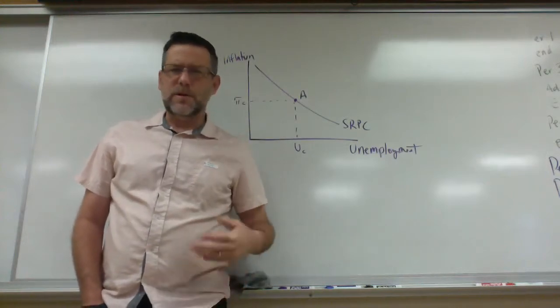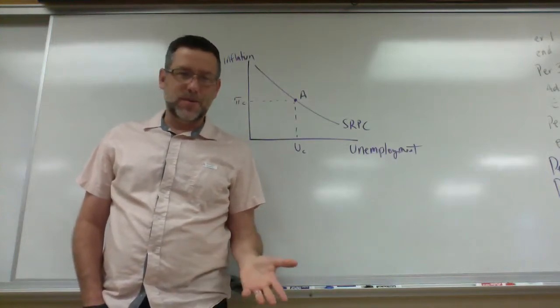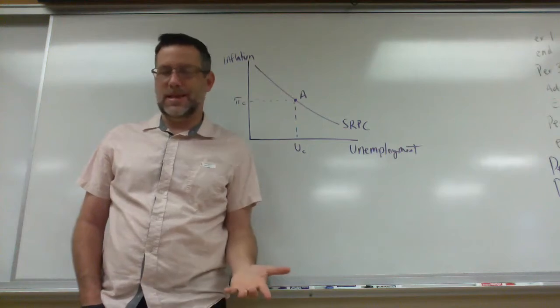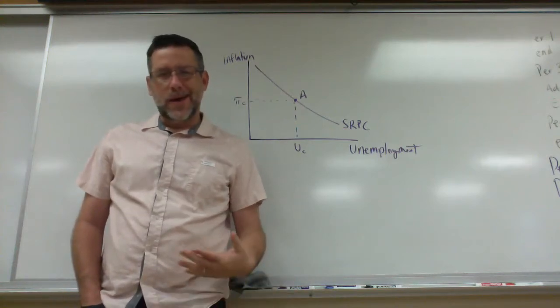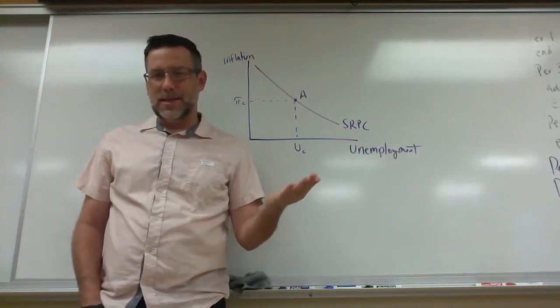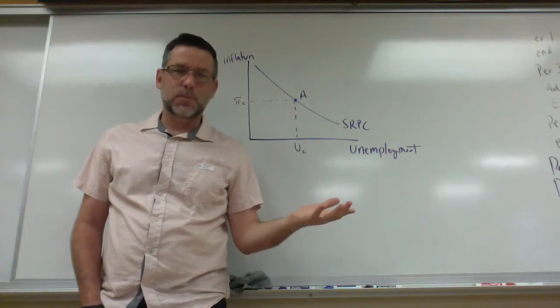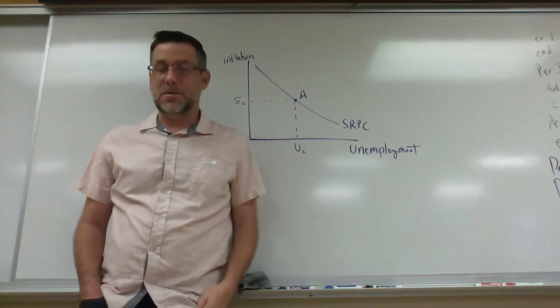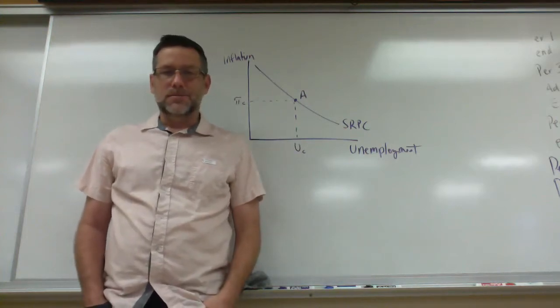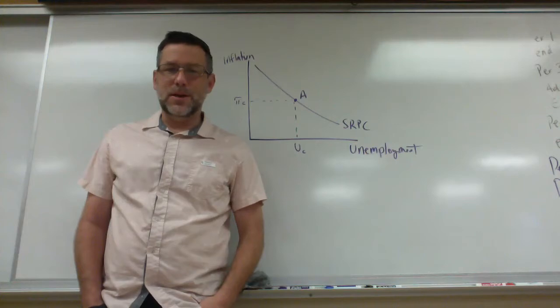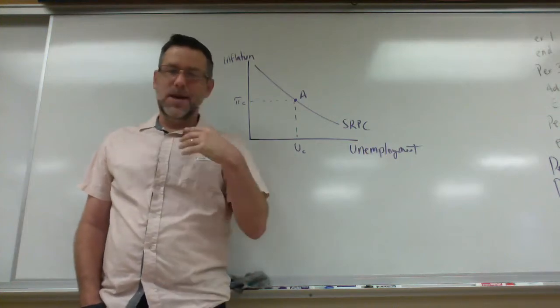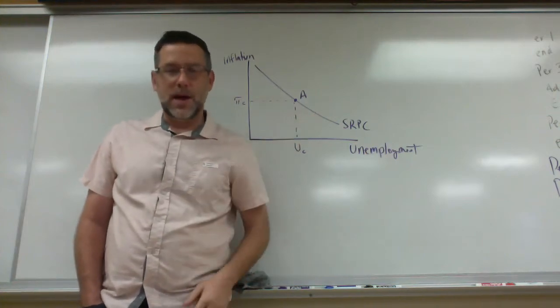So the short run Phillips curve is kind of an add-on for aggregate demand, aggregate supply. It doesn't really give us that much more information. In the last unit, I already showed you guys how unemployment is the opposite of output on our aggregate demand, aggregate supply model anyways. So this information is nothing that's really new. It's just kind of an add-on that shows this kind of interesting relationship that,